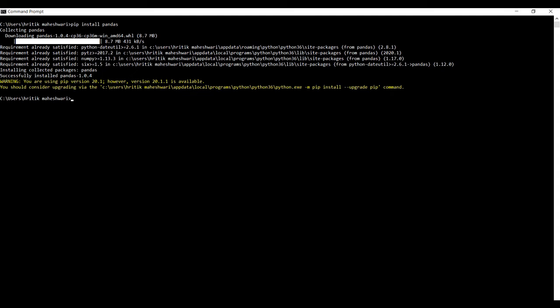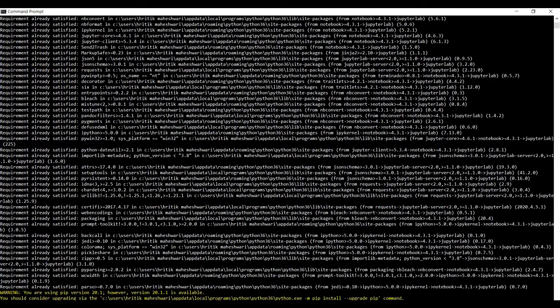Okay, that's done. Now I want a Jupyter notebook or any other IDE on my system to work with pandas, but what I prefer is to work in the Jupyter notebook, because I can directly access it from my web browser. To install Jupyter on your system, you just need to run the command pip install jupyterlab, and it may take a while.